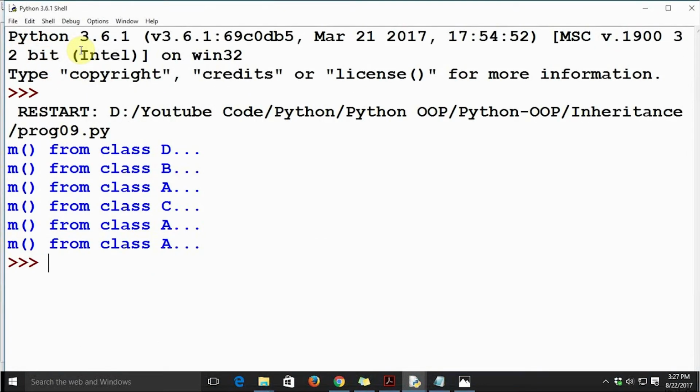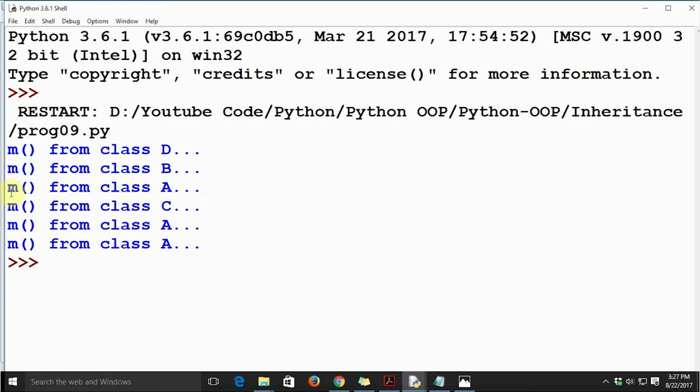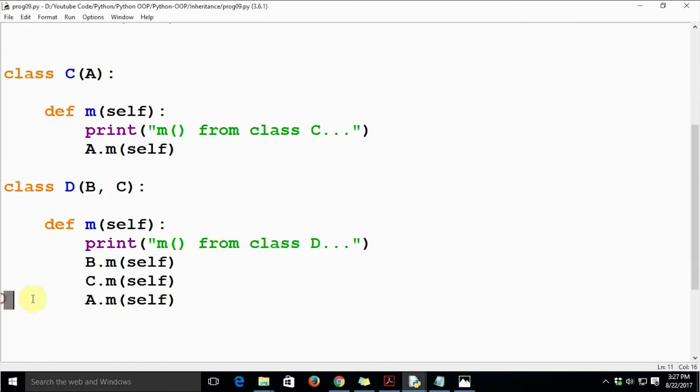Now as you can see, there is a lot of repetition of functionality, correct? Here I am getting this line three times, right? M from class A, m from class A. This is basically because we are repeating this statement thrice. Now there is a better way to deal with this.